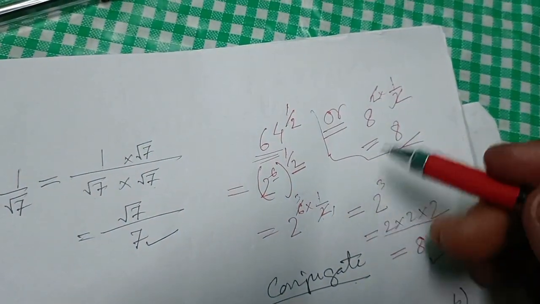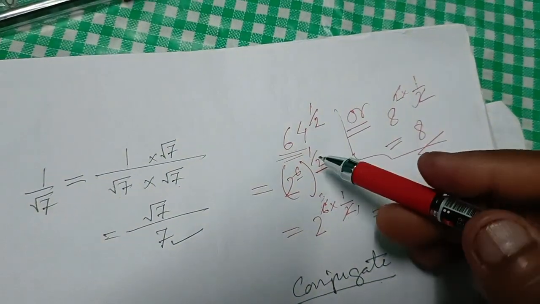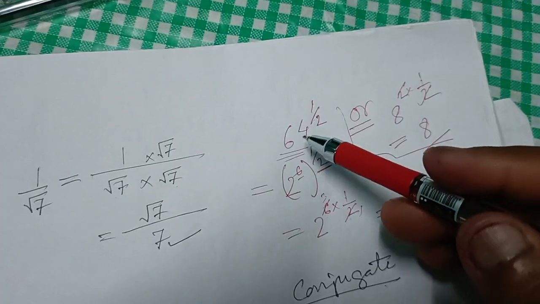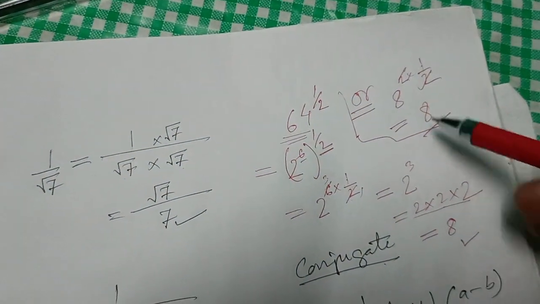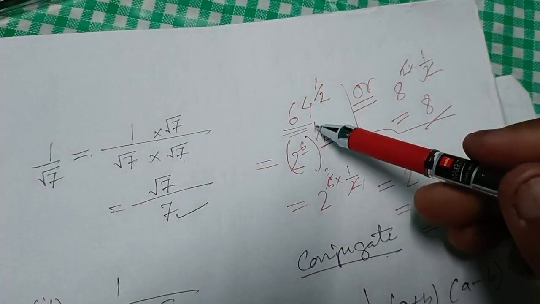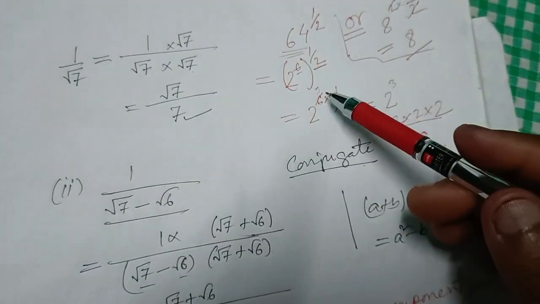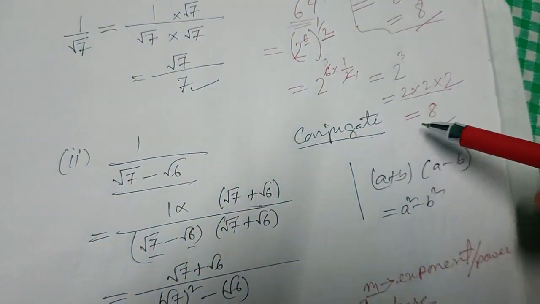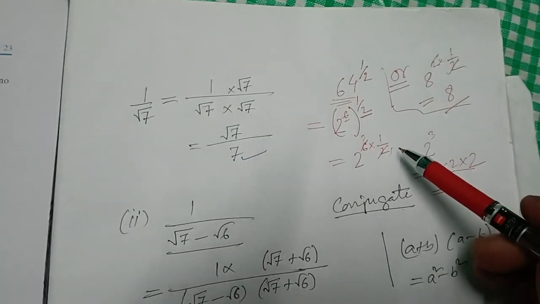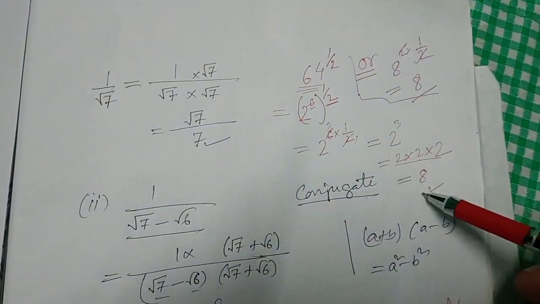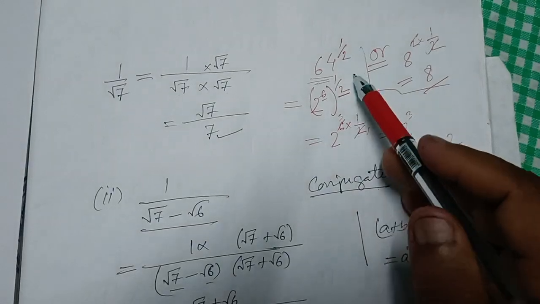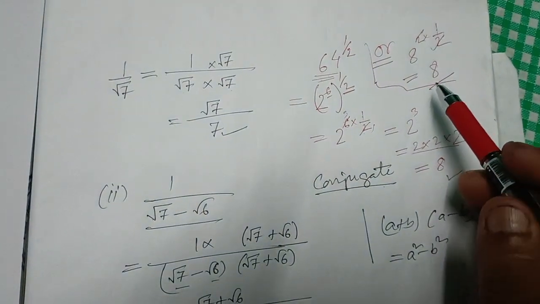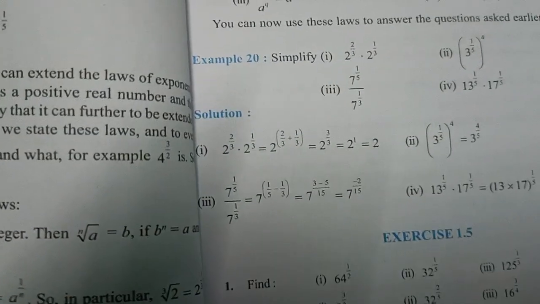So if someone chooses the correct answer, you have to choose what 64 to the power 1 by 2 would be. Then directly you can find it out. Just for calculation purpose, I have shown you this rule and all. Clear? Just to find out these answers. Clear? So 64 to the power 1 by 2, we got 8. Clear? So this way you will try